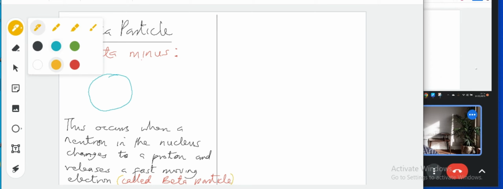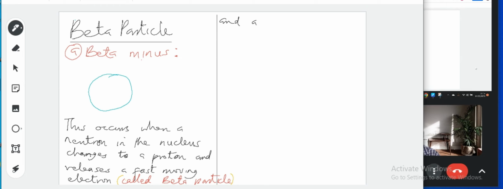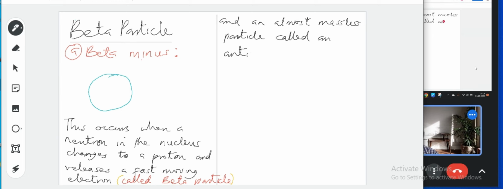Read what I wrote. This occurs when a neutron in the nucleus changes to a proton and releases a fast-moving electron called a beta particle, and an almost massless particle called